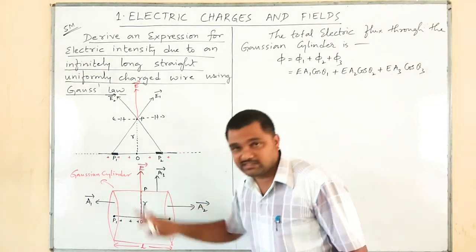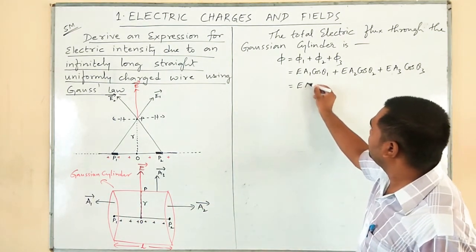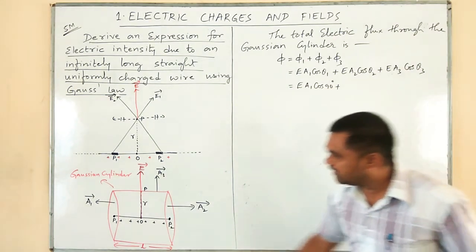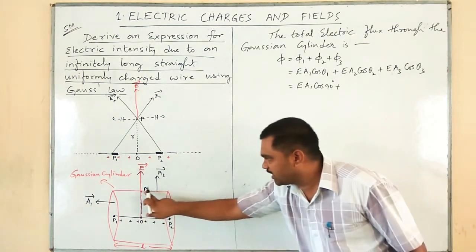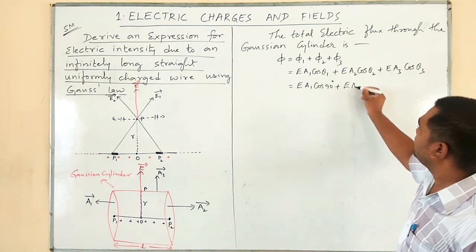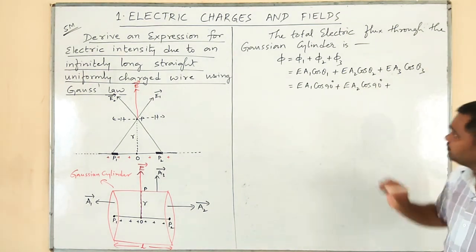Therefore, the angle between them is 90 degrees. Yes, without any doubt. E A1 cos 90 plus. Similarly, E is along this direction, A2 is along this direction. Again, the angle will be 90 degrees. Therefore, E A2 cos 90 degrees plus